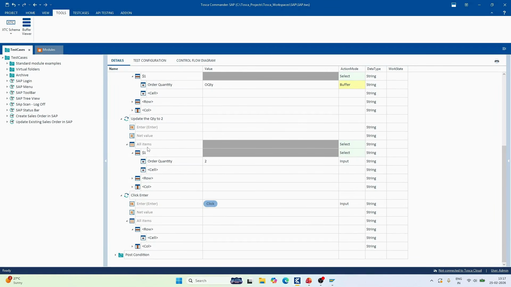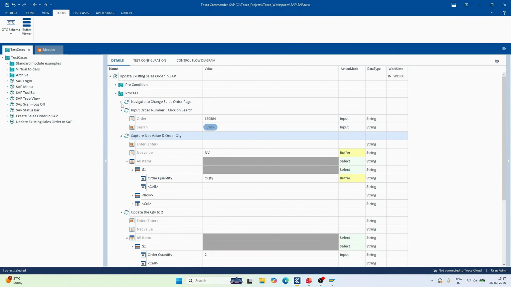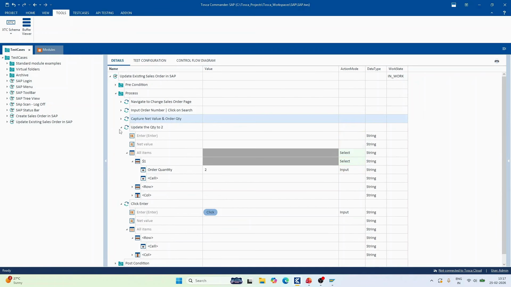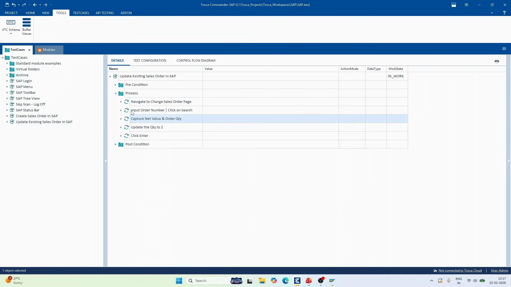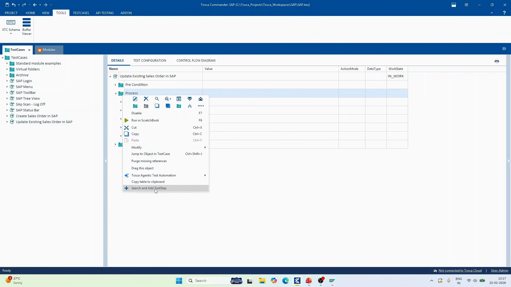Okay, so let me iterate this again because maybe I think it might become complex till now. So what we have done is we have navigated to the change sales order page. Then we have entered the existing order number. We clicked on search. We have captured the existing net value and order quantity. Okay. Then we updated the quantity to 2, we clicked on enter. Okay. Now right click and